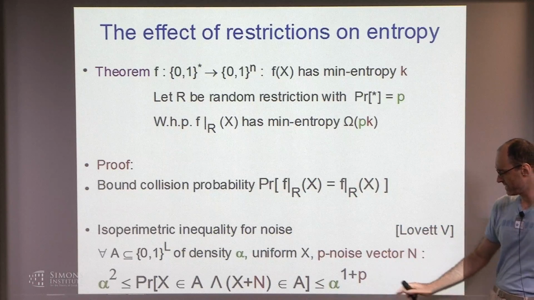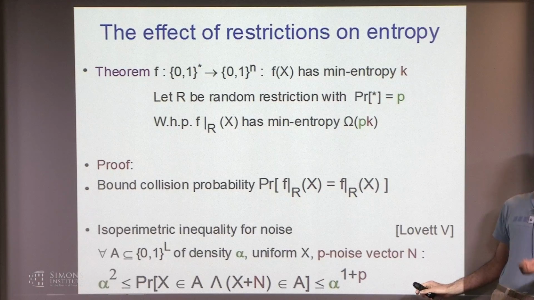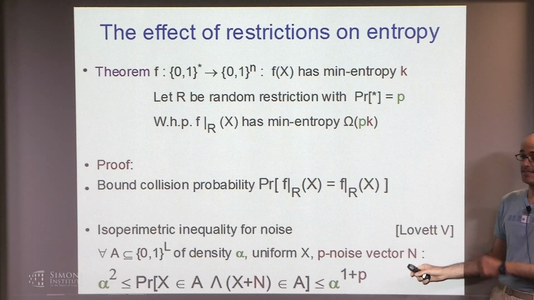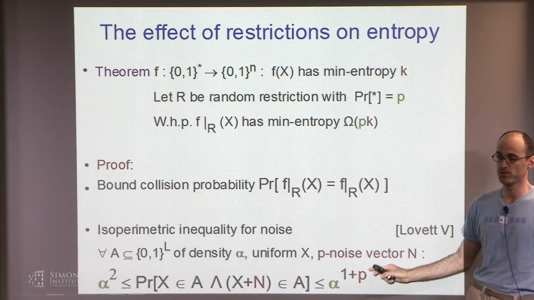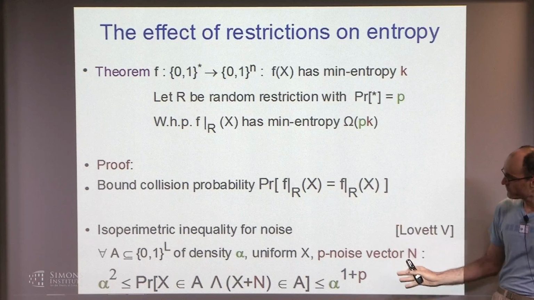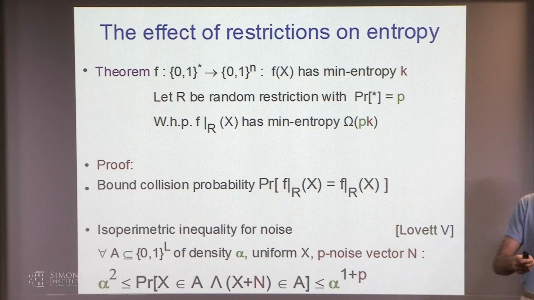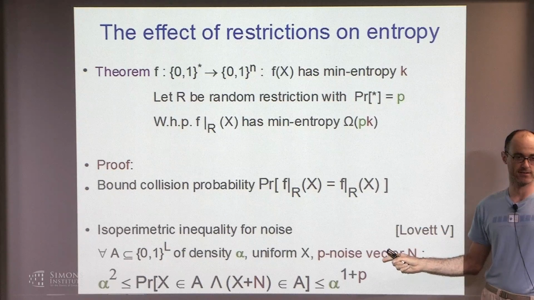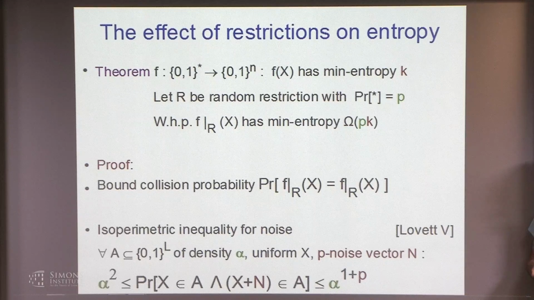That's not important for us. It's always at most alpha, just because the chance that x is in A is at most alpha. So the content of this is that you can actually gain a factor of alpha to the p, which is critical for everything. Once you have this, you can bound the collision probability with some norm inequalities, which I'm not going to show. But I want to give you the proof of this because it's a two-line proof in hindsight.